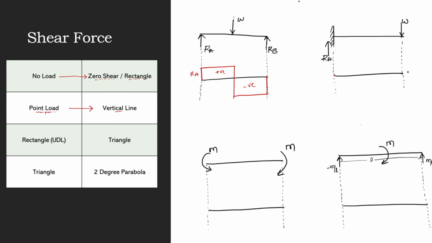Now let us look at the second part. There is a cantilever beam with a load given, that is W. Because of this W there is going to be a reaction force. Here there is going to be a moment as well, but since I am drawing only shear force, I am not considering that. So you have a load W acting downwards and a reaction RA acting upwards. Let us start from here. Since there is a reaction RA upwards, that is a point load, and a point load means a vertical line. So this will go up by RA.